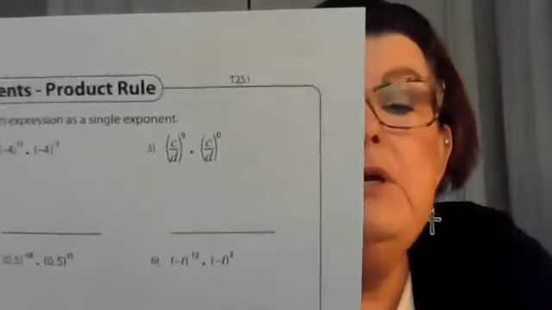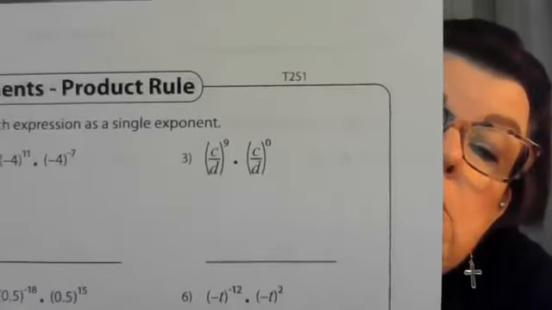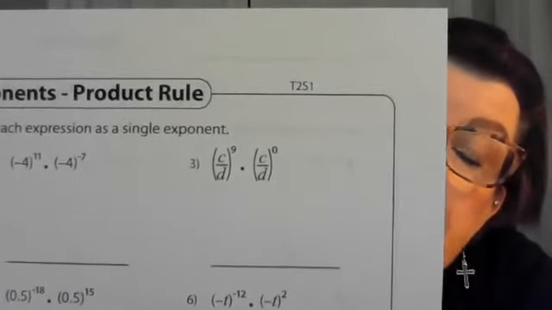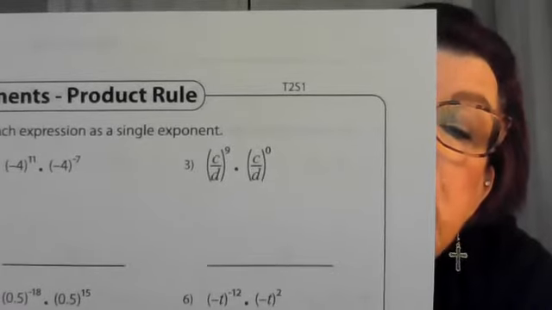Even number 3, that looks horrible because it's got fractions. You don't have to worry about that because the C over D is simply the base. So what's happening here is C over D to the 9 plus 0. And so your answer